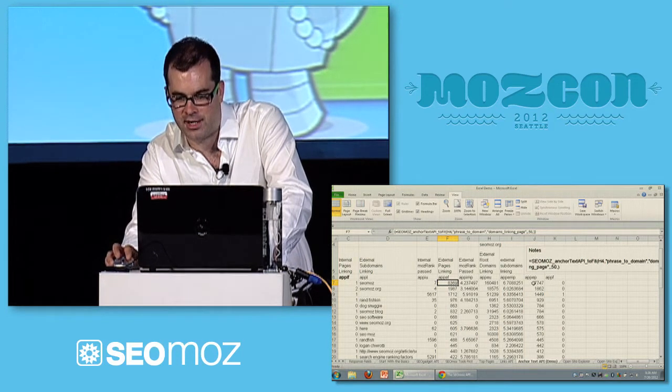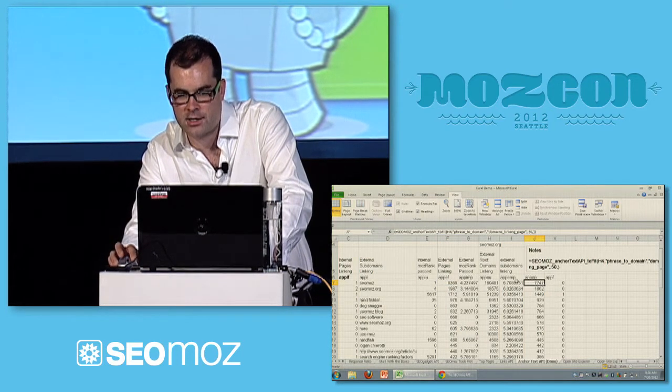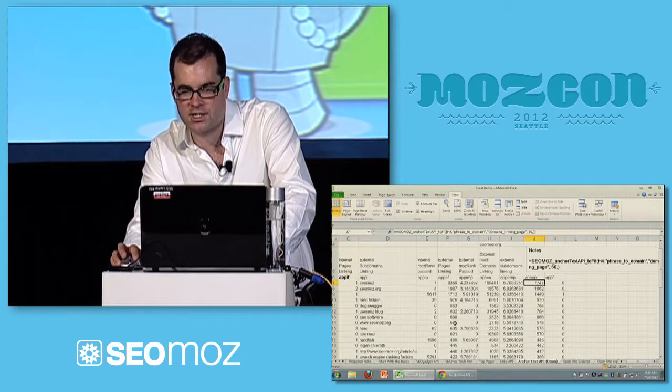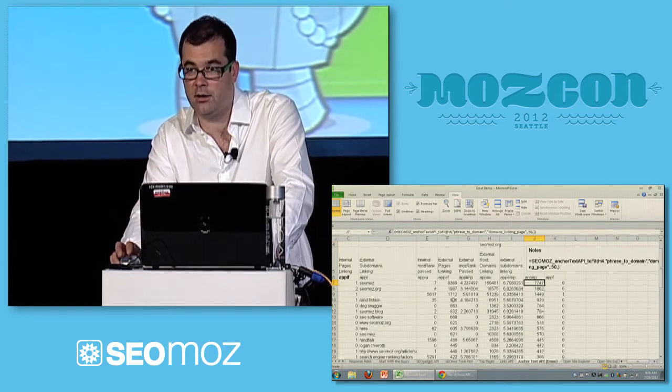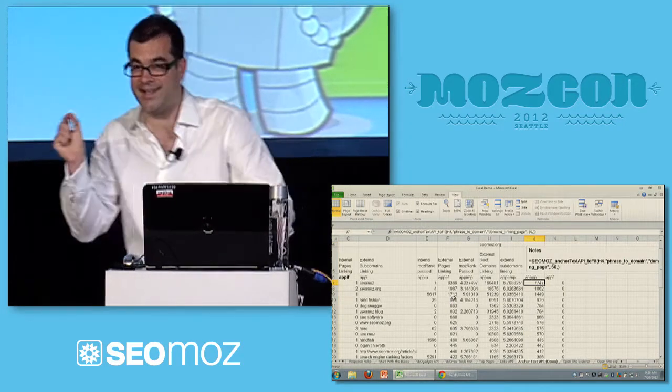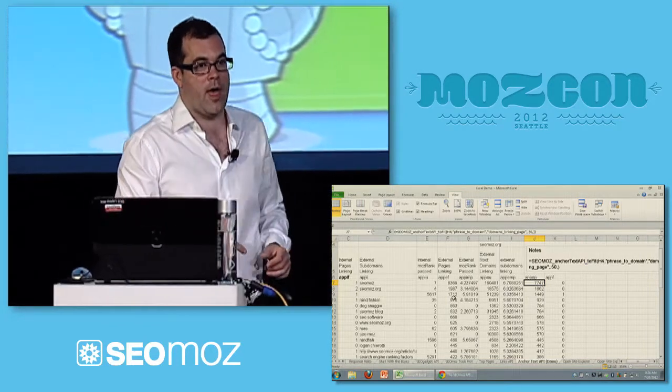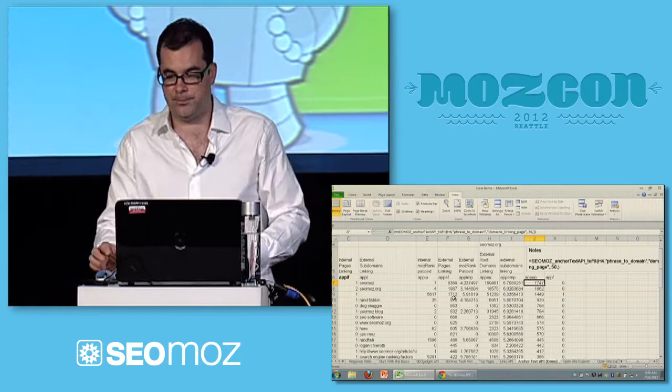That's supposed to be subdomains, not this one here. So 8369 versus 7747. You can spot really heavy site-wide links this way, because if your external pages is really high, but the actual number of domains linking to you with that anchor text is really low, you should definitely go and work out what's going on there, because that might be causing you some problems.